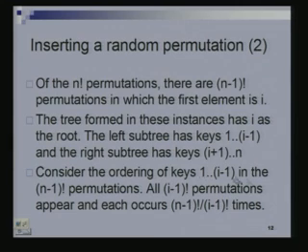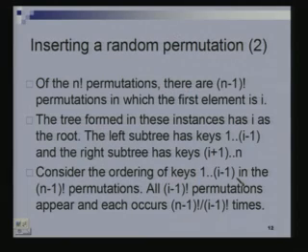Right. Now, let us look at one of these permutations. Let us look at one of these n minus 1 factorial permutations and restrict our attention to the first I minus 1 keys, to the keys 1 through I minus 1. They will be coming at many different places. They will be coming at some places in this permutation.